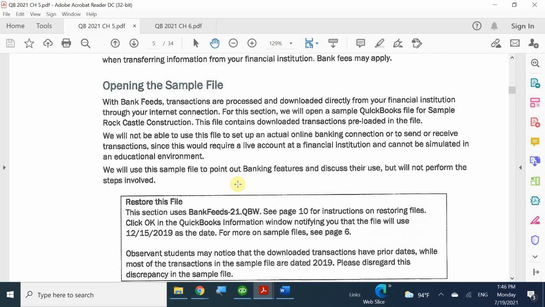But it doesn't matter how much control or how much security you have. It's all about you releasing the data to Intuit. So